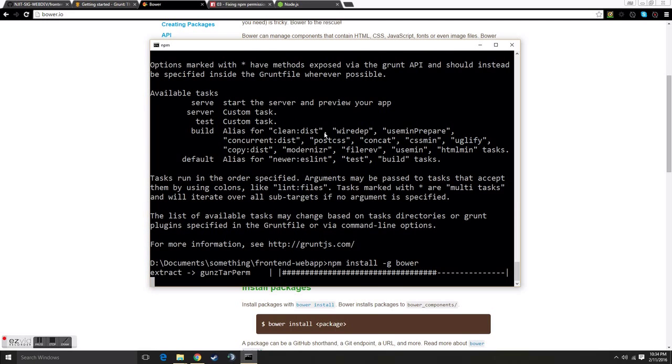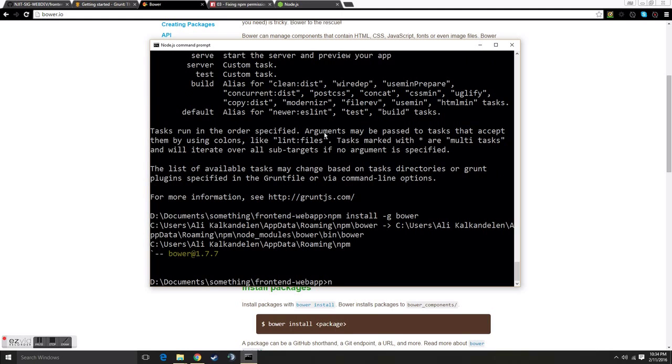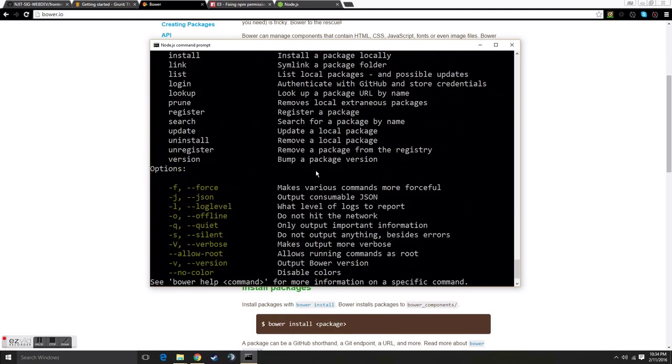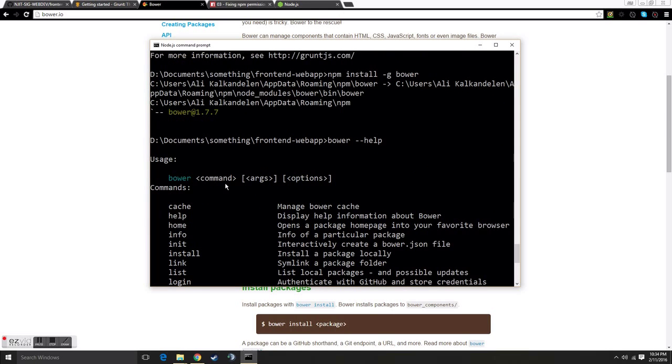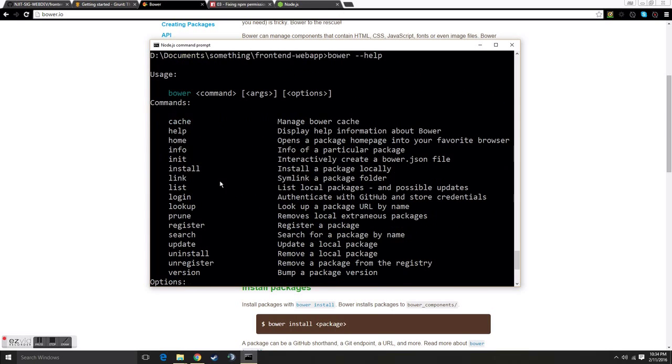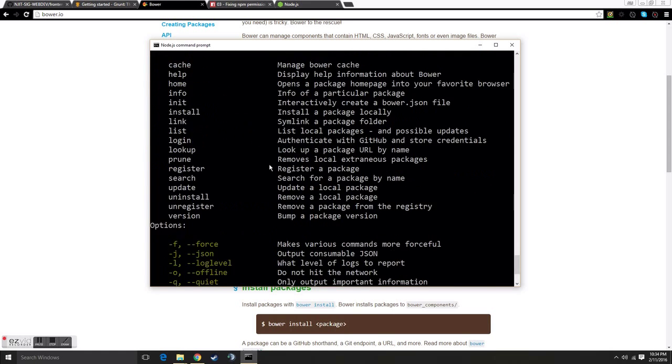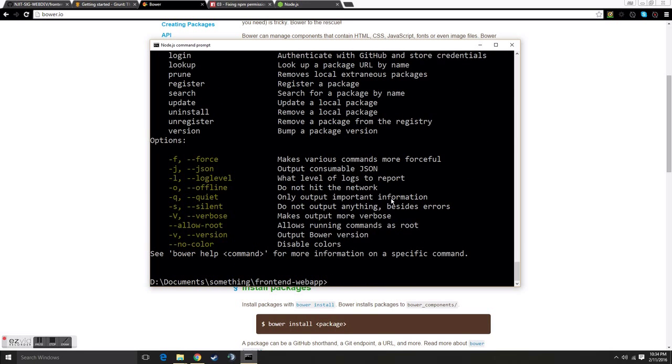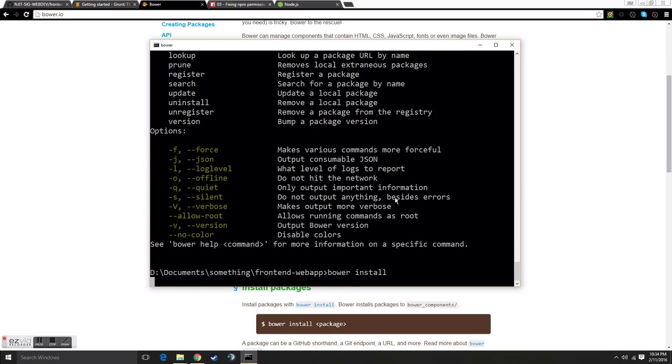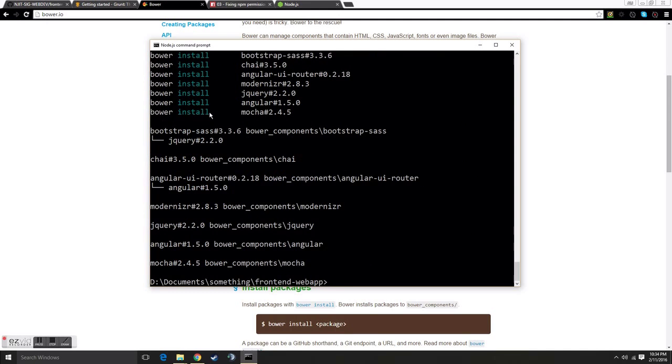So after it installs, to make sure that it installed, you just write bower --help, and it says Bower. It'll tell you its usage commands. This wouldn't even show up if Bower wasn't installed in the first place. Awesome, perfect. So now that we have Bower, we can write bower install, and this will install and validate and